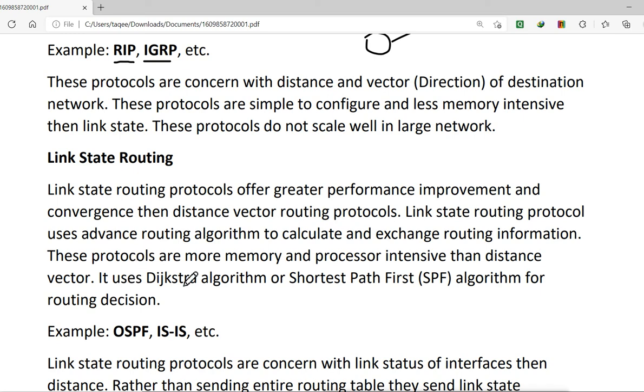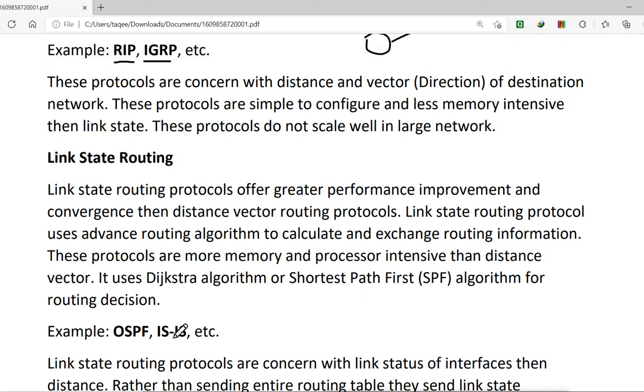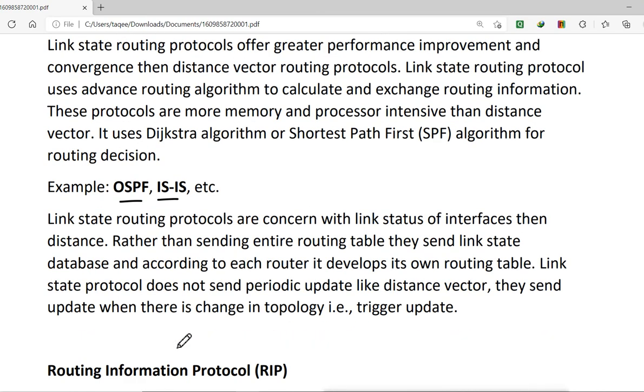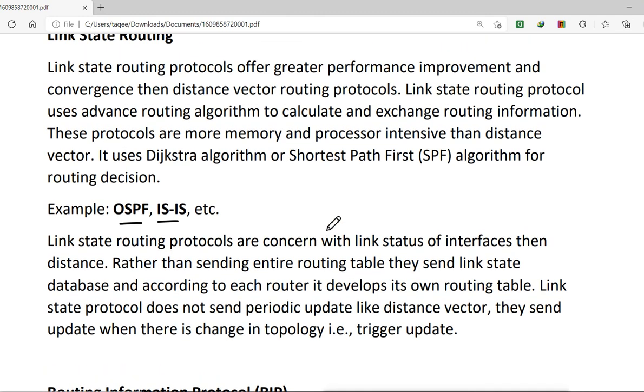They use the Dijkstra algorithm, or shortest path first, the SPF algorithm, for routing decisions. The protocols which use this are OSPF and IS-IS. Link state routing protocols are concerned with the link status of interfaces rather than distance.